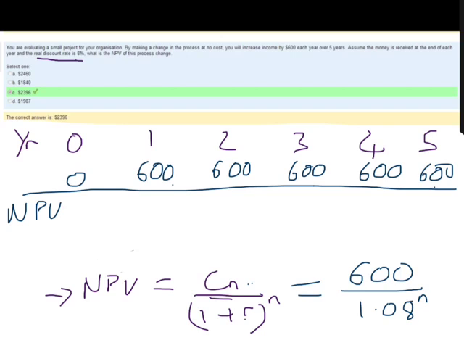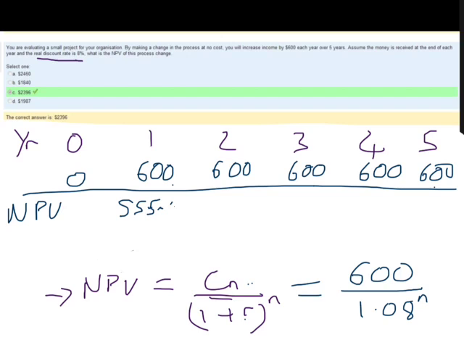So you might get different rates for different years. Sometimes we don't have that as an assumption, we just have the same rate all the time. So all we have to do is, the first one's going to be 600 divided by 1.08 to the 1, which is